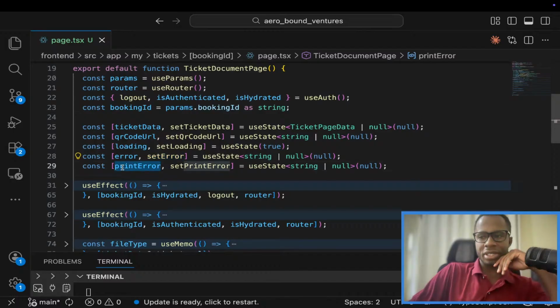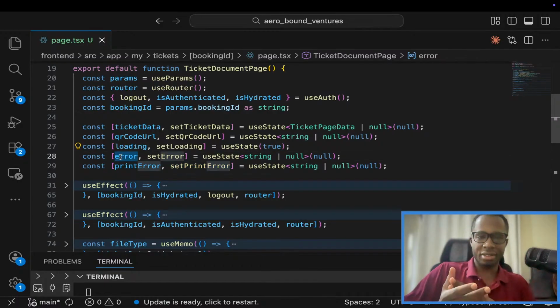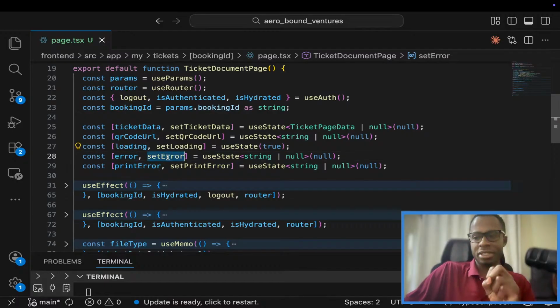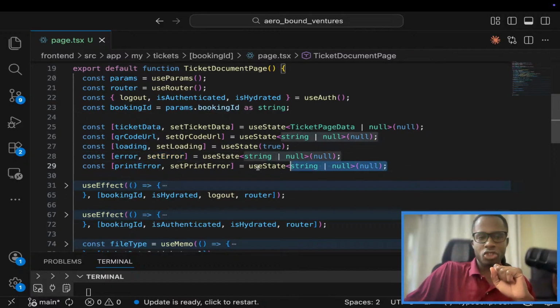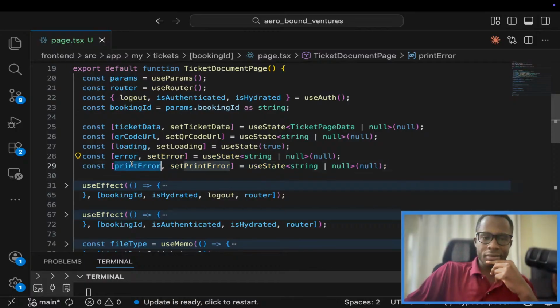Then the data for the print error and the actual function for setting the print error. So the previous one is for errors which are not print errors: the actual error message, which is not a print error, and the function for setting an error message, which is not a print error. These two can be improved actually. I can use only one. Then this other one is the actual error, which is a print error, and the function for setting that print